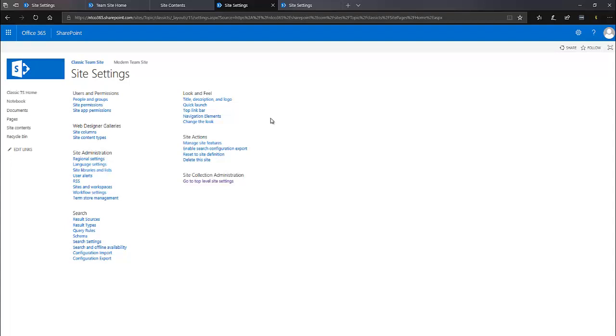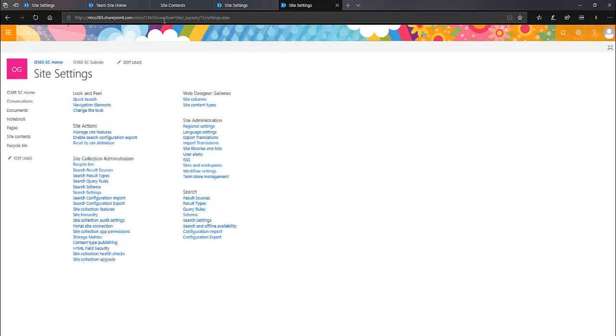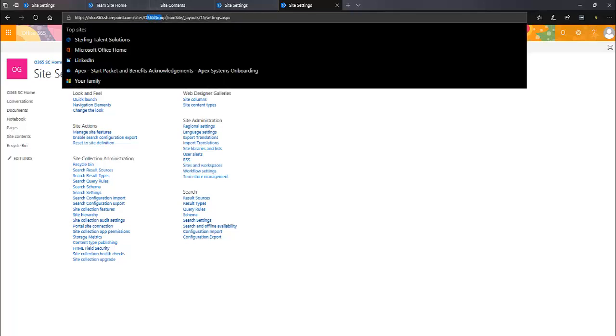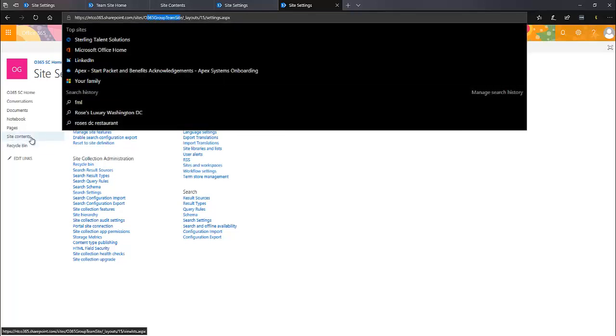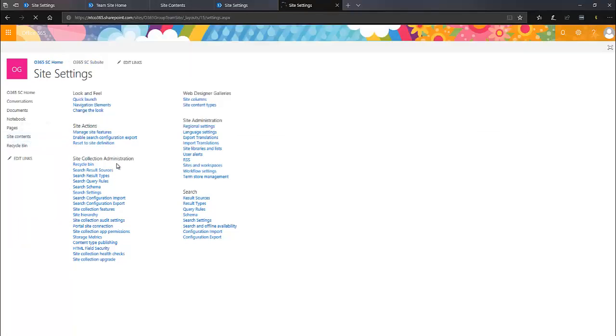administrator, even if I use the classic team site template under a communication site or under an Office 365 group that creates that site collection. Neither one of those would work. So if I go to my Office 365 group, see it says Office 365 group team, just to prove the point, I'll go to the sub-site